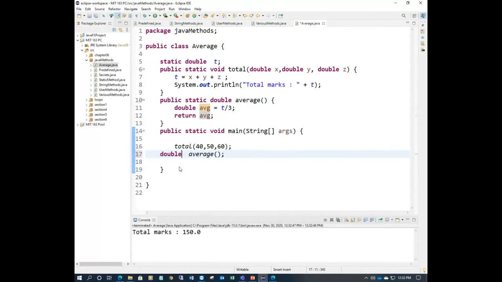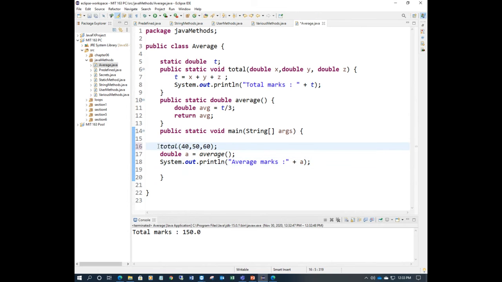It returns a double value, so double a equal to average, and print the average here. System out average marks a. First I'm calculating the total, then printing the average here.